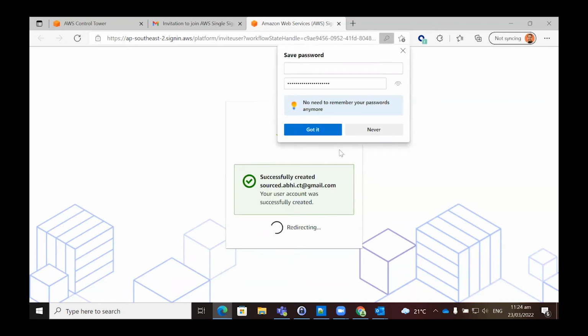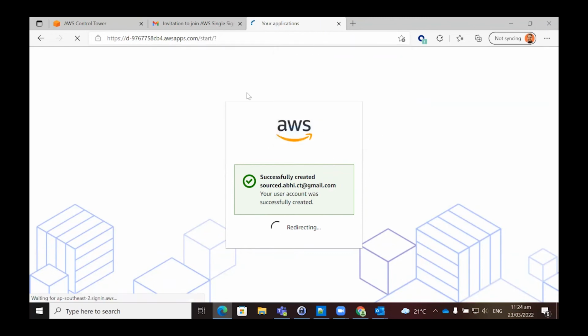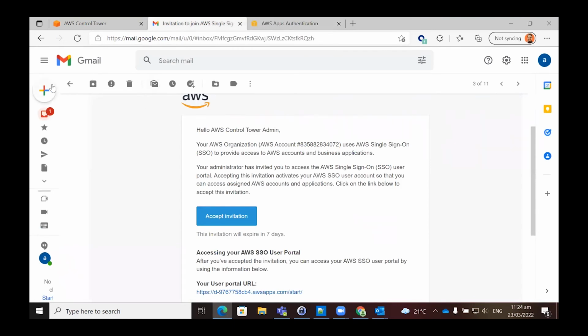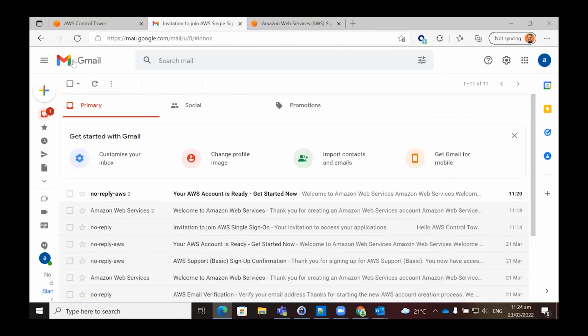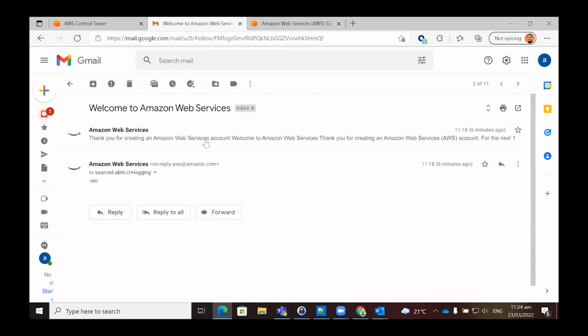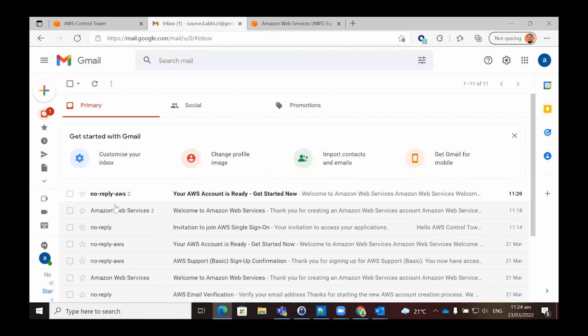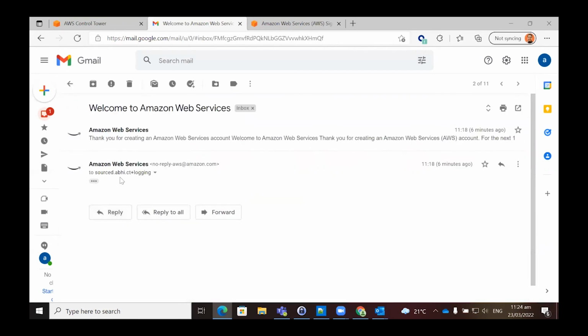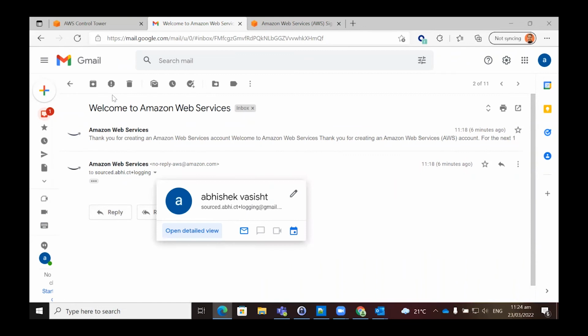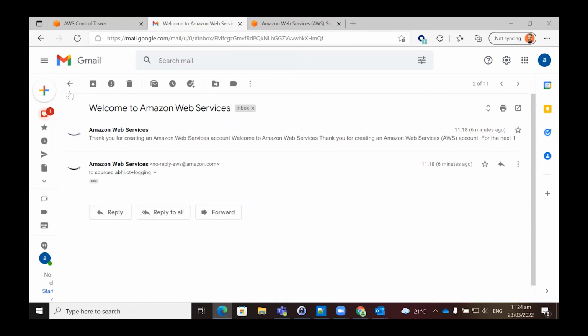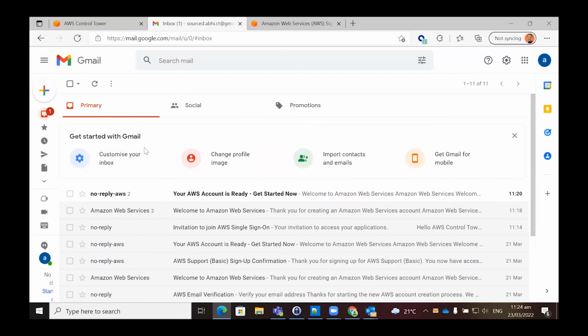So now our AWS SSO user has been set up. And there must be few other emails we have received. Like whenever we create a new AWS account, we receive new account creation emails. And this is what we can see. One is for logging account and one is for the audit account. So our accounts are ready,